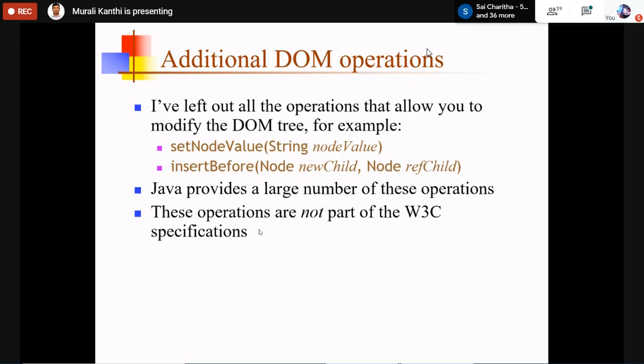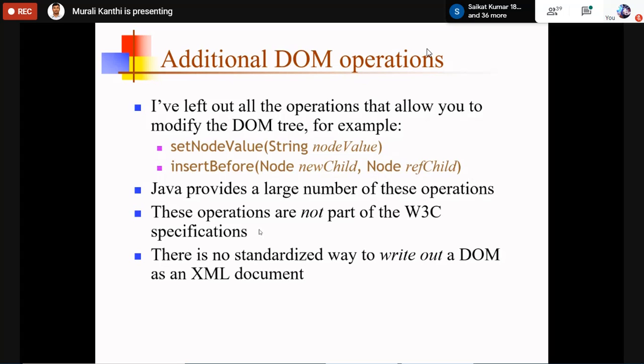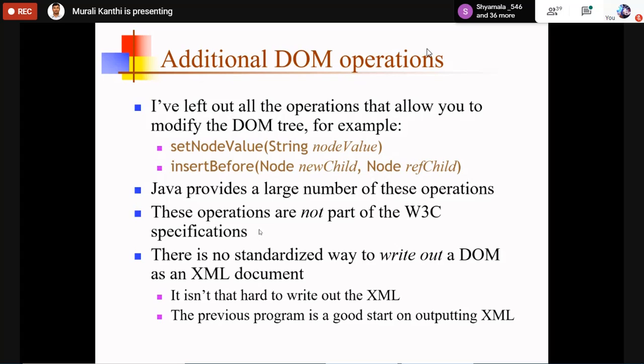Java provides a large number of these operations. These operations are not part of the W3C standard, so they can be provided by Java only. There is no standardized way to write out a DOM as an XML document, but it is not that hard to write out XML. The previous program is a good start.